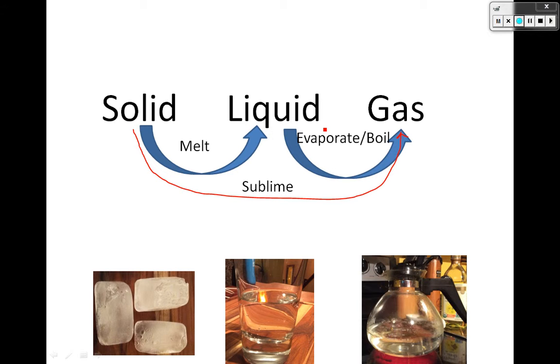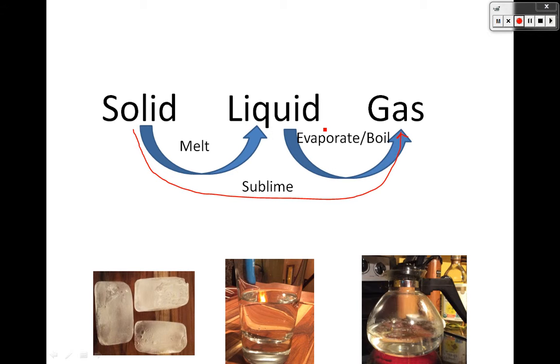The place that you actually see it as a liquid, although you can't see it, is if you think of a jar or a bottle of soda, before it's ever been opened. It just looks like it's all liquid, but then once you open it, you hear it fizz and you see bubbles. Those bubbles are also carbon dioxide. But before you've opened it, there's so much pressure in that bottle that the carbon dioxide is still there. It's just in liquid form. That's why it's clearly not in solid form, or we would see chunks of dry ice. It's clearly not in gas form, or we would see bubbles. So the only other option is it's in liquid form.